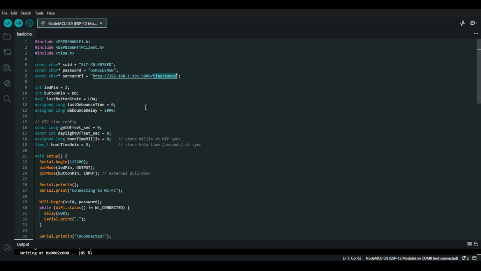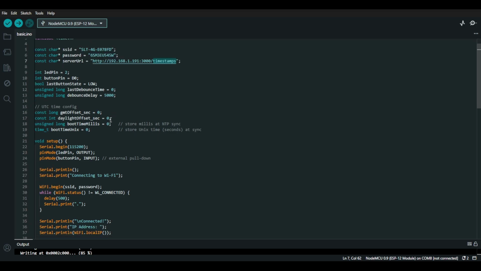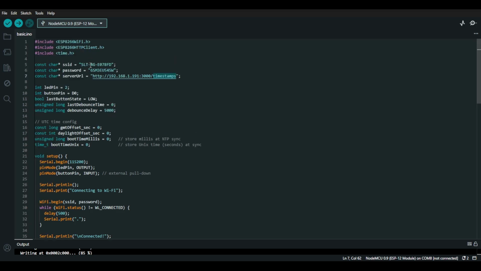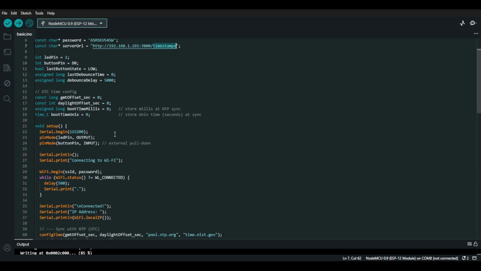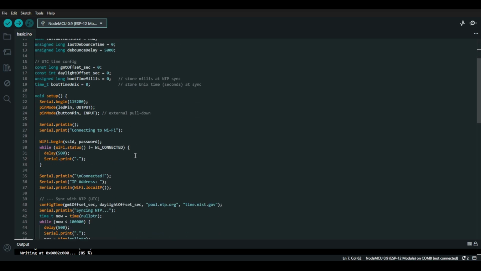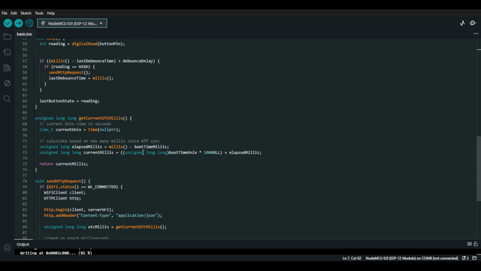and this timestamps path is the route that receives the timestamp from the microcontroller. Alright, the rest of all the things I will not cover, because I hope you have a basic understanding of how the Wi-Fi client works and how you connect to the Wi-Fi, and you can easily find all these things, and I will upload this code as well, and you can go through. But my interesting part is